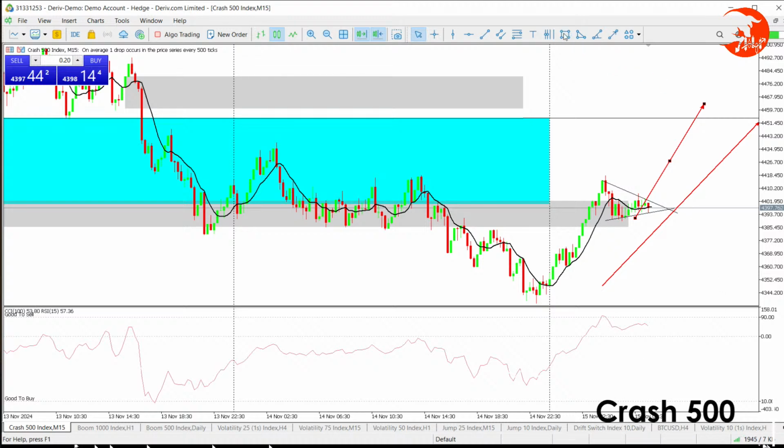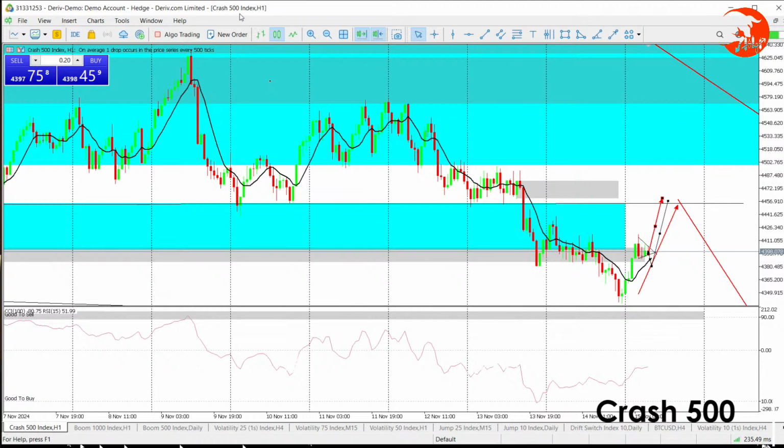Even though we see price being oversold according to M15, we may somehow get a manipulation later on, then we will continue to the buys. So this is just a manipulation move, not the actual move, because according to the trend we will be looking for the buys, and that will be taking us right there, where according to this move here